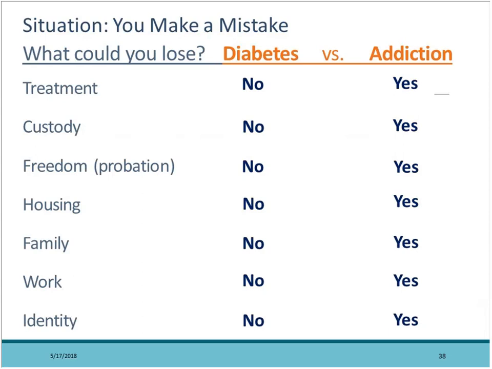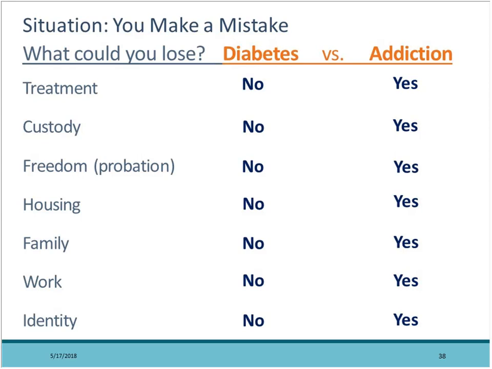and making the comparison that if we have diabetic patients who fall off the wagon because they eat 3 Krispy Kreme donuts, it's a conversation. We might invite some dialogue into how that might have happened and what we might do differently the next time, but there's no suspension of any other form of support for that person based on that.